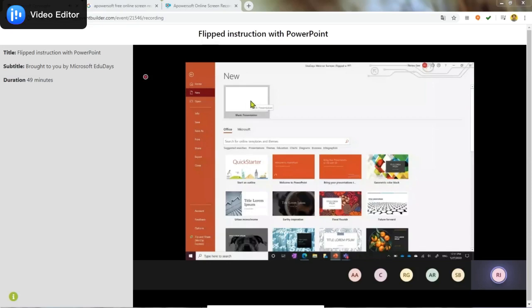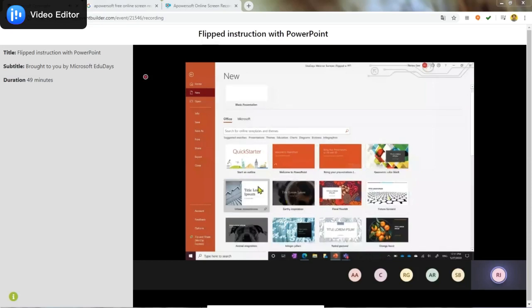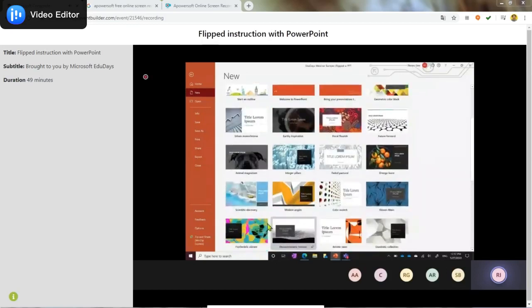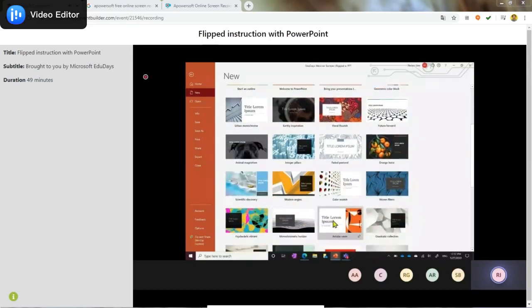But if you're someone who has a bit of design anxiety and doesn't like looking at a blank page, I'll encourage you to check out PowerPoint's templates. So you can see here, there's tons of designs. If you find one of these that works for you, you might like to choose that and start from there. And what it will do is just give your slides a bit of style to start with.